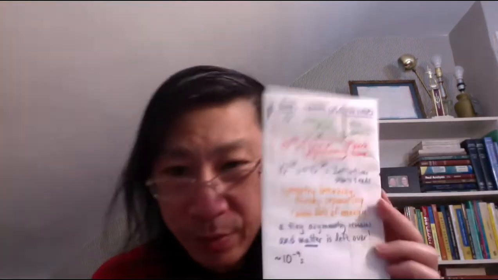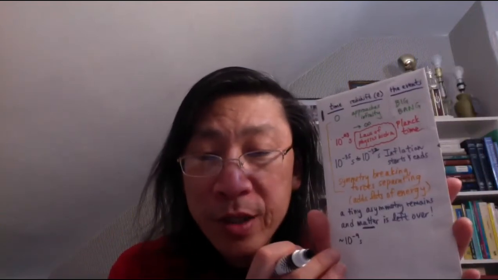And so now, where are we? What is the circumstance? Well, let's just write that down. At a billionth of a second or a trillionth of a second or so after the Big Bang, so at this point, let's just say about 10 to the minus 9 seconds, a billionth of a second after the Big Bang, the universe has extra matter in it. And so the matter is swirling around with all the energy, but there is a little extra matter there.